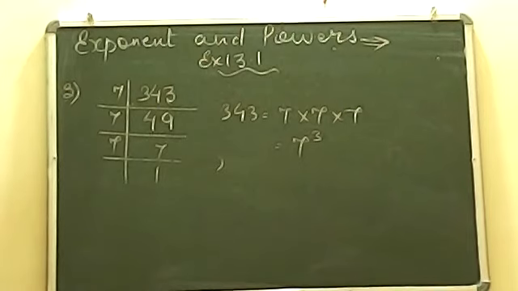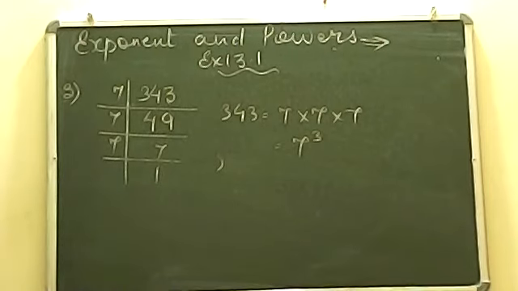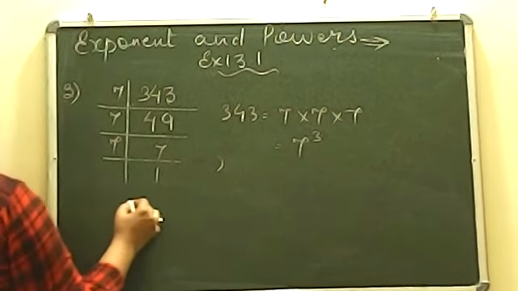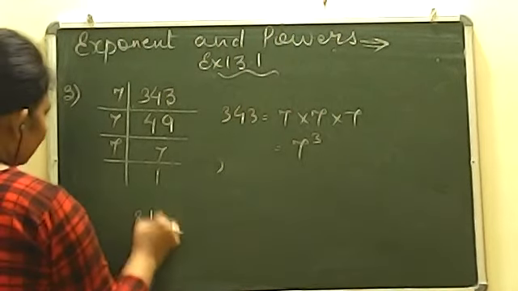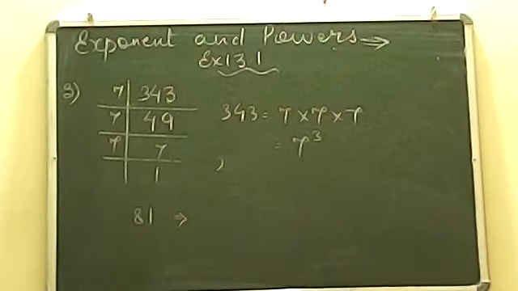And always remember, beta, while writing, write base as a larger form में, और जो हम power लगाते हैं बेटा उसको थोड़ा सा छोटा लिखना, ताकि दोनों में डिफरेंस समझ में आए कि आपने बेस क्या लिखा है, आपने पावर क्या लिखी है. 73 नजर नहीं आना चाहिए. ठीक है, it should look 7 to the power 3. It should not be looking like 773. Now can you please speak to me, what can you write it down if I'm giving you a simple answer like 81? बिना सॉल्व किए बता सकते हो 81 को हम क्या लिख सकते हैं? 9 to the power 2.